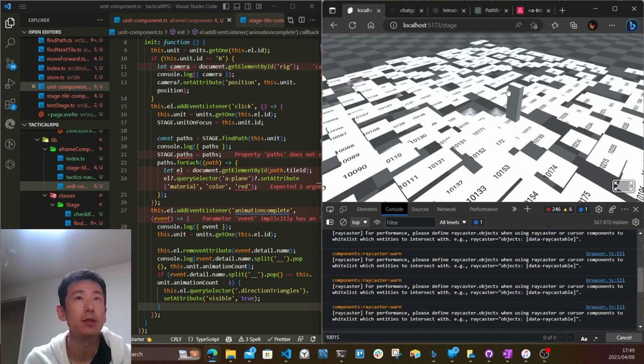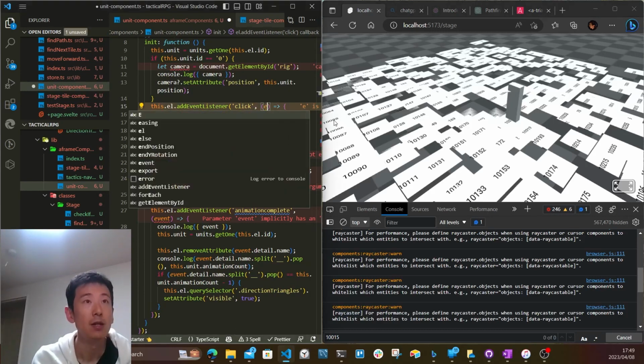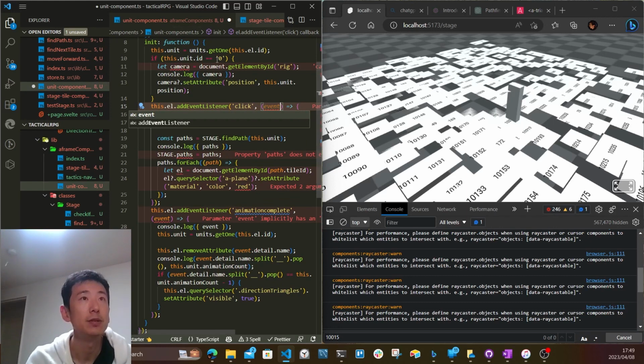And visible, and by clicking it, okay, so let's listen to the event detail when the unit component is clicked, because